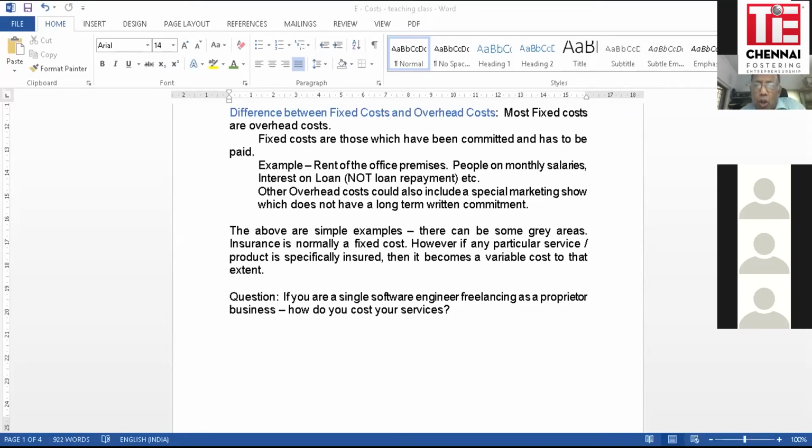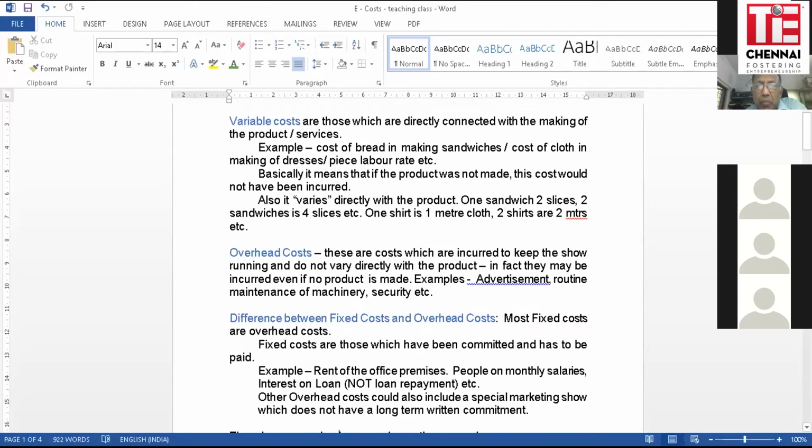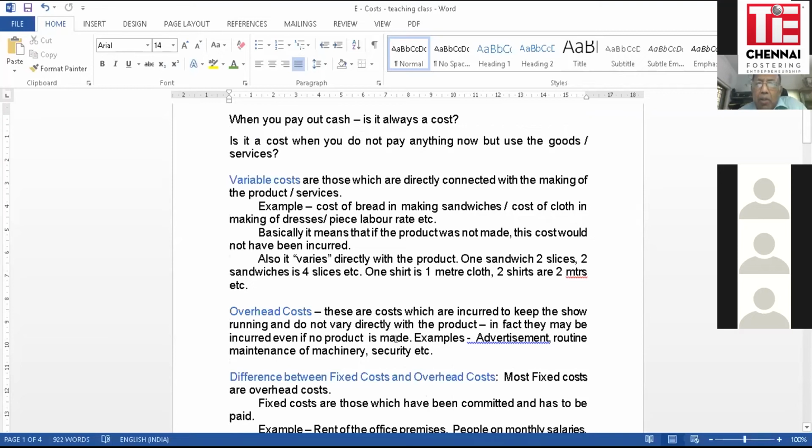Moving on to sunk cost. Well, let me come back to sunk cost a little later. Let me get on to this. I repeat, variable costs which are directly connected with the making of the product. Now, I'm going to use one very simple example right through my presentation here, only because it is very simple and you can probably easily relate to it. It is trivial, but it has got a lot of meaning.